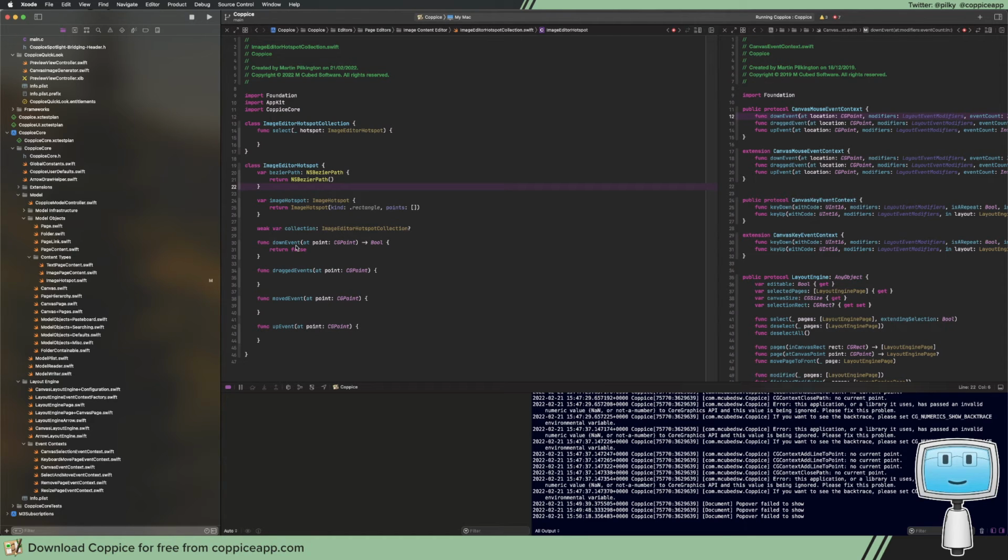And then the view also goes through and does the events, and it will do the down event, and if it actually selects something, then